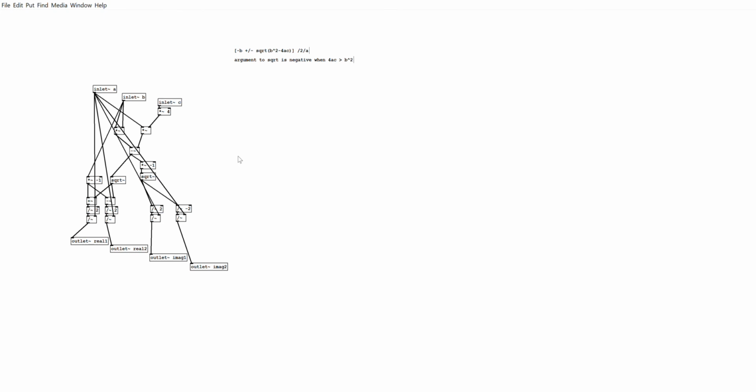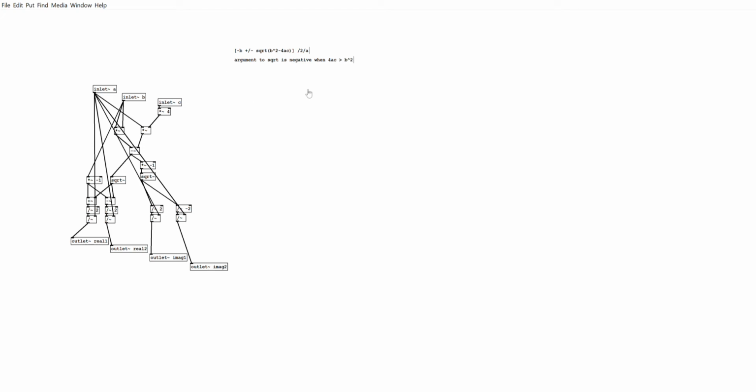The last video explained why it's important to take our transfer function coefficients and convert those into poles and zeros by way of finding the roots of both the numerator and the denominator. Now, there's a pretty famous way of finding the roots of a three-element vector of polynomial coefficients, and that is